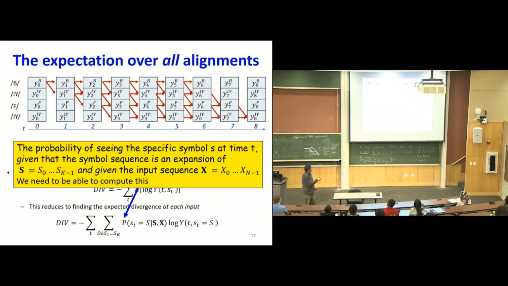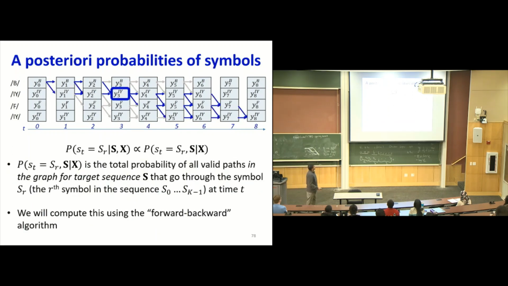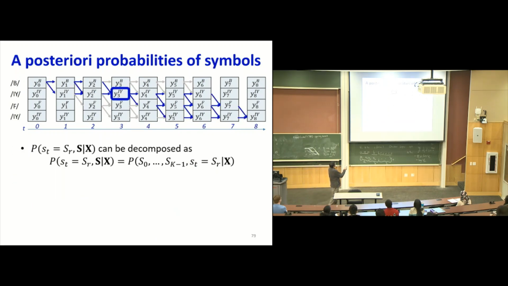So what we are really left with computing is what is the probability that this indeed is the correct symbol at that time, right? For this highlighted box to represent the correct symbol at time 3, it means you must ignore everything else that happens, so long as it is consistent with having this symbol at time 3,